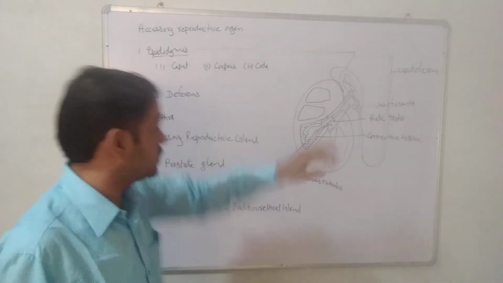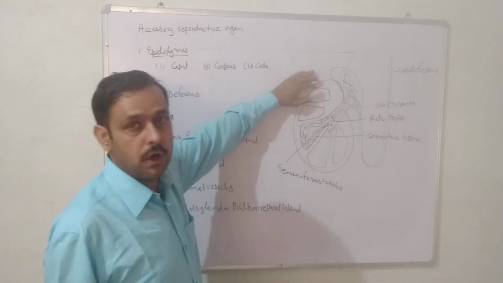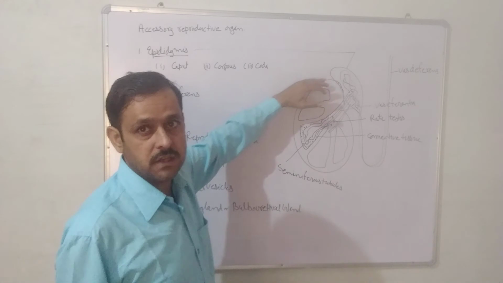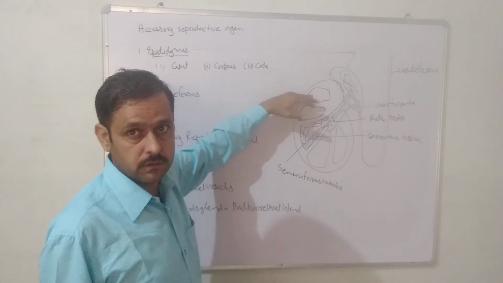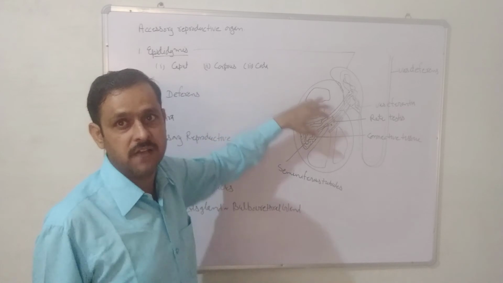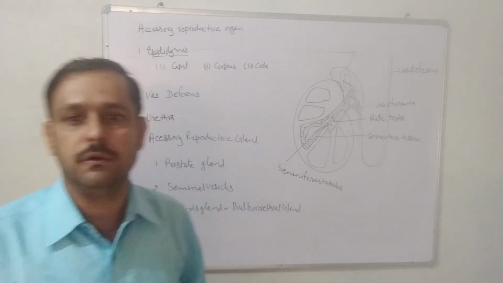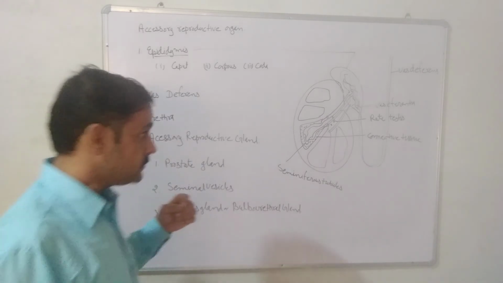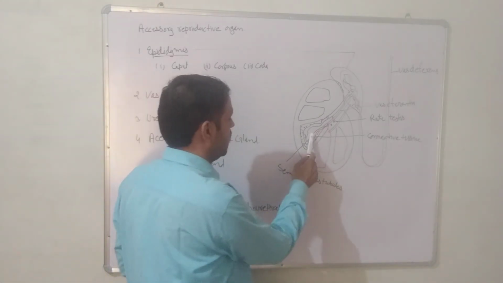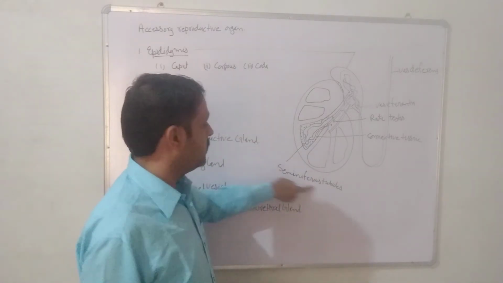So this is the structure of the testes. In the testes, we know about the inner wall. The tunica albuginea is convoluted into the testes and makes many septa, and it divides the testes into 250 to 300 lobules, and in these lobules there are convoluted coiled tubules called seminiferous tubules.